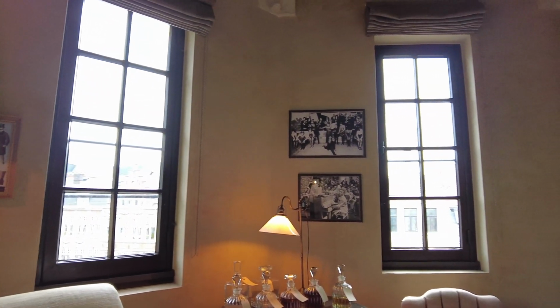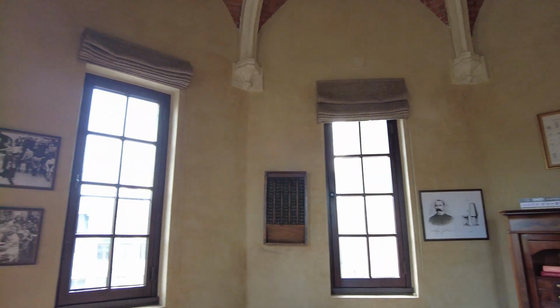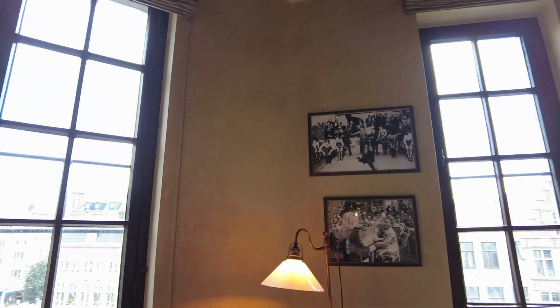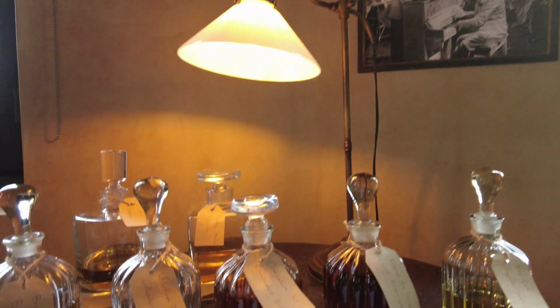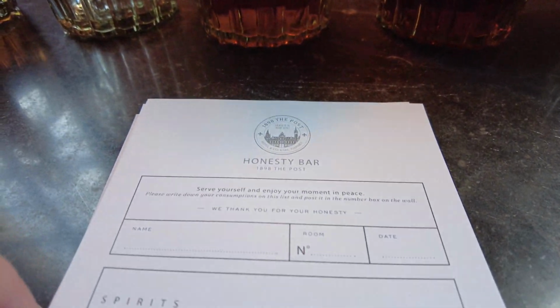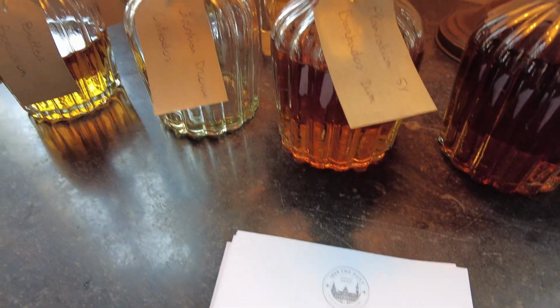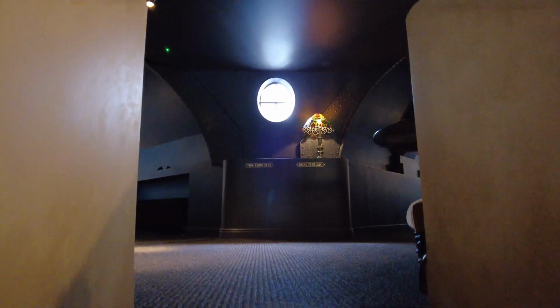Again, it's really stylish, really beautifully decorated. Everything's superbly clean and tidy, and it feels very warm and welcoming. We thoroughly enjoyed staying there. Not being drinkers, we didn't help ourselves to the Honesty Bar at all, but if you want it, it's there. And within the Honesty Bar, if you go up the stairs, it'll take you to the top floor